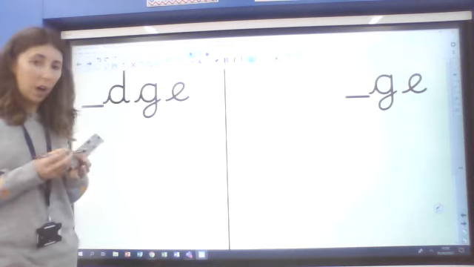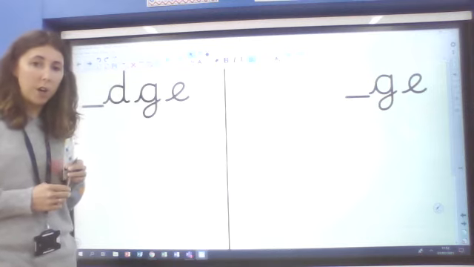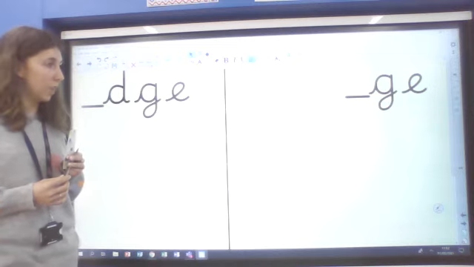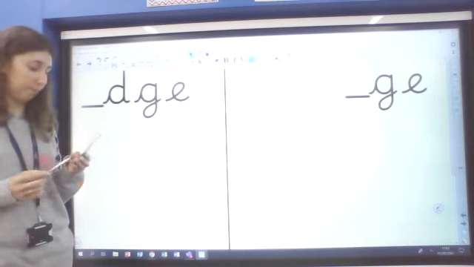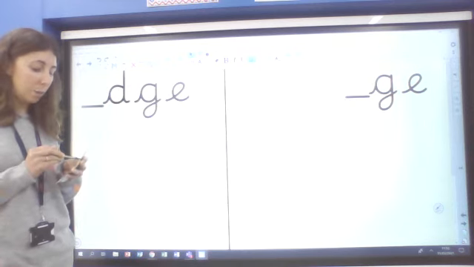Splodge. I was painting and a splodge of paint dripped onto the paper, made a splodge. Splodge. Okay, I've got two more. Next one is